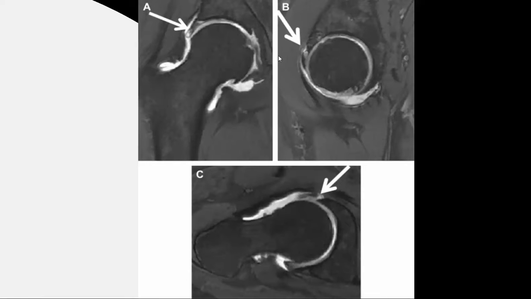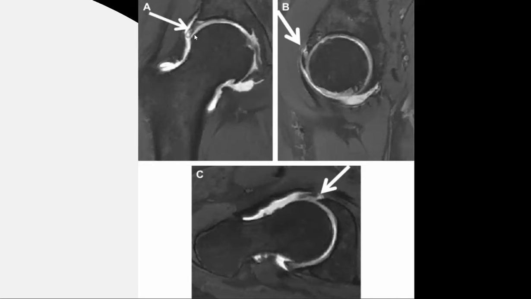Now let's orientate ourselves for this third pathology. This first image, A, is a coronal image, so front to back. It's fat suppressed because the marrow fat is dark, and we know that there's intra-articular contrast in there because the joint has got bright contrast signal within it. Now what we're seeing is